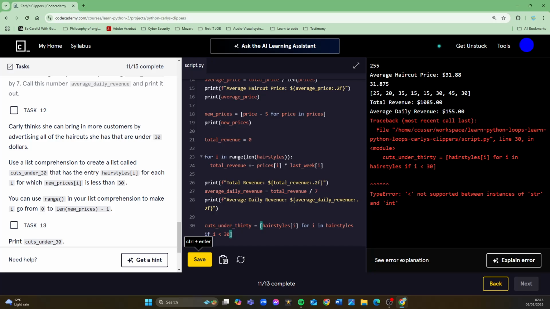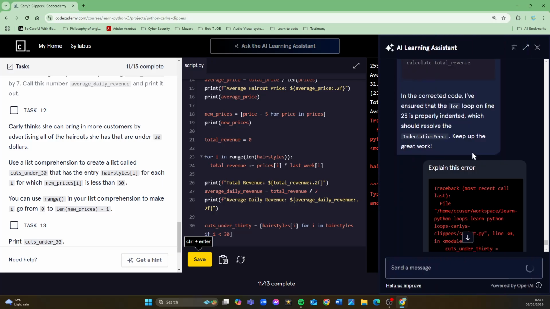Use a list comprehension to create a list called cuts under 30 that has the entry hairstyles I for each I in which new prices is less than 30. Let's see if we can get this error explained.